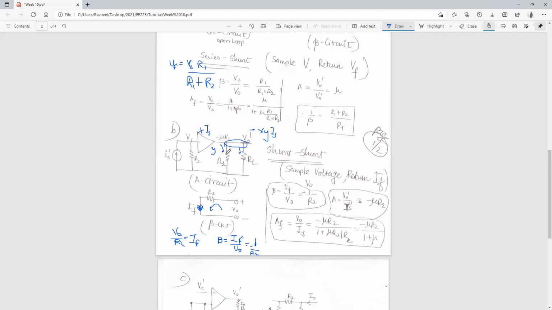The current, I mean, the voltage across R2 is the voltage at this particular node, so that will be multiplied by R2, right? That means V naught dash is equal to negative X times Y times is dash, times R2. So in this particular case, what we can do is, you know that X and Y are two